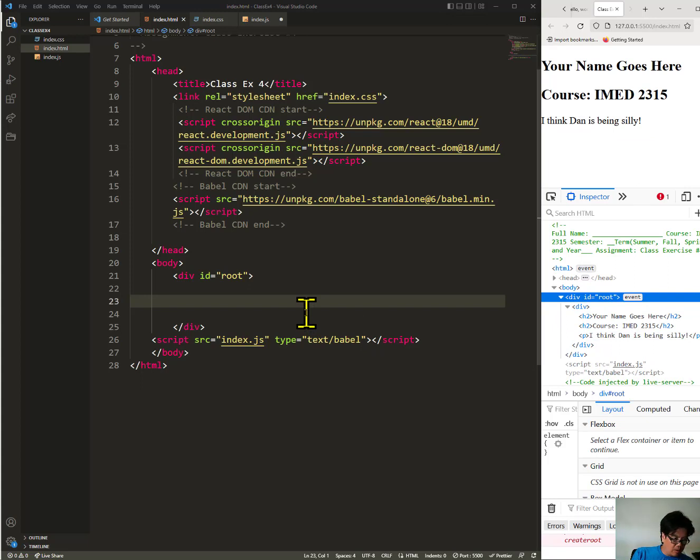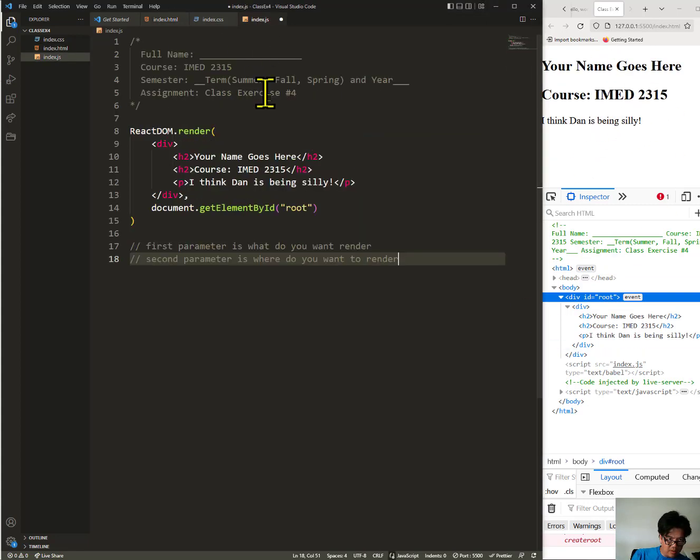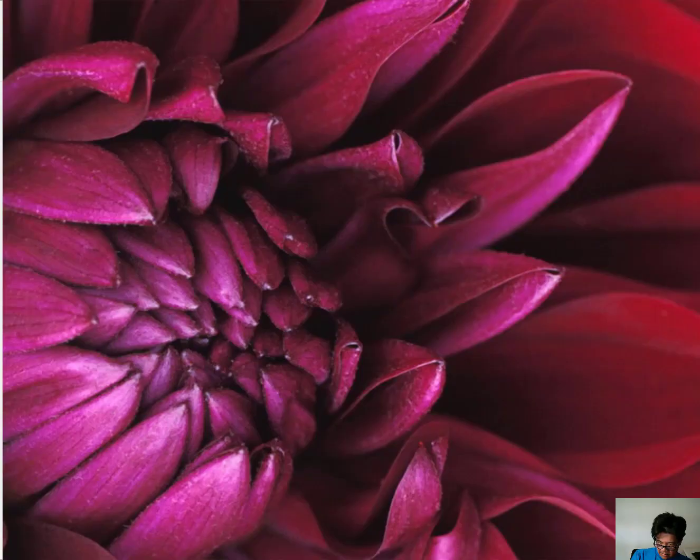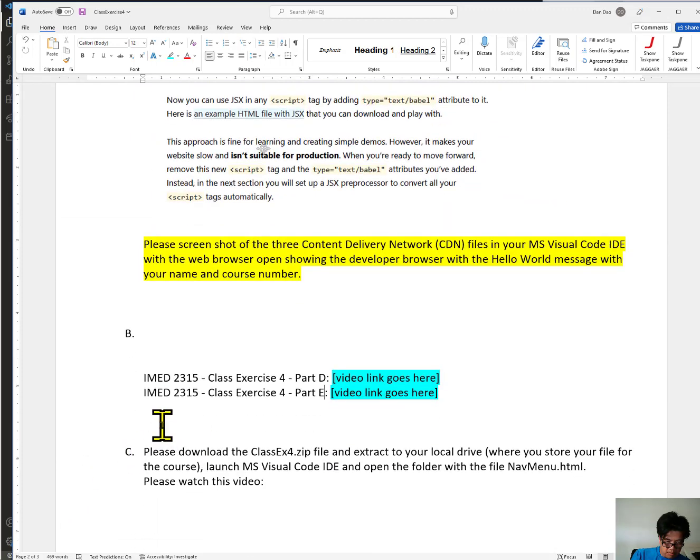I want you to take a screenshot of this. I want to see the inspector. It has all of this. I want to see the content of this, and more important, I want you to take a screenshot of the index.javascript. It looks like this. Your browser looks like this, and your inspector looks like this. So this concludes that step that I want you to do. This step right here, you're going to put that in B, okay? I haven't written it yet, but that's where it goes. All right, I'm going to stop the video right